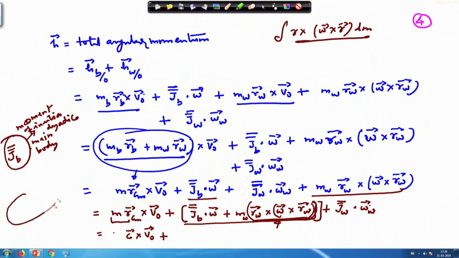So, you have the main body here. The main body has a moment of inertia about this point, and then this point mass also has a moment of inertia about this point O. This point mass is the wheel whose mass is m w. So, m w is as if it is concentrated here and then you are taking this. We will have to expand it a little bit and then write it.